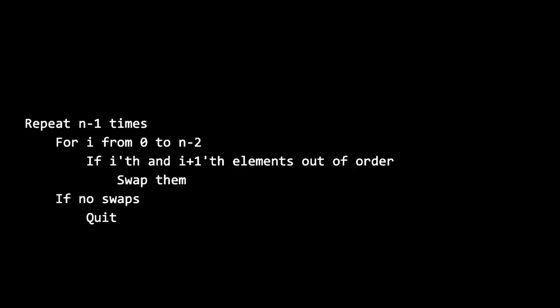We can map this to C-like code a little more explicitly. We can, by default, say, do the following n minus 1 times. Because among n elements, you can look at n minus 1 total pairs from left to right without going too far. But notice I can add an additional line of code here, which might say, if no swaps, quit from the algorithm altogether. So long as Brian is keeping track of how many swaps he made or didn't make through one pass, as with a variable called counter or whatever, he can simply abort this algorithm early